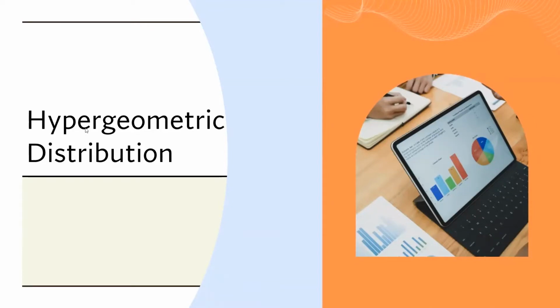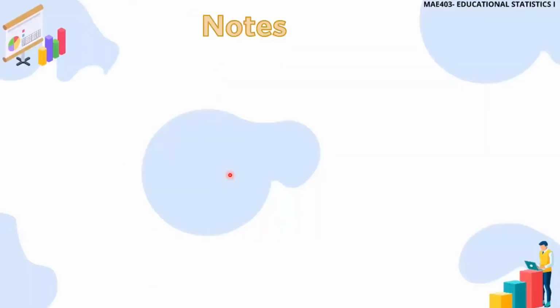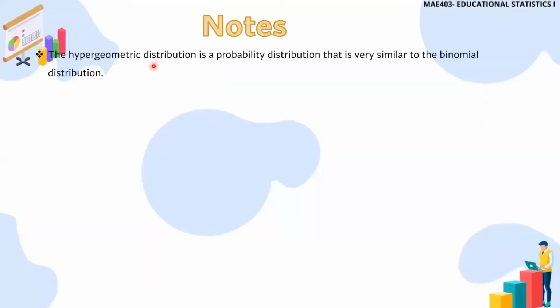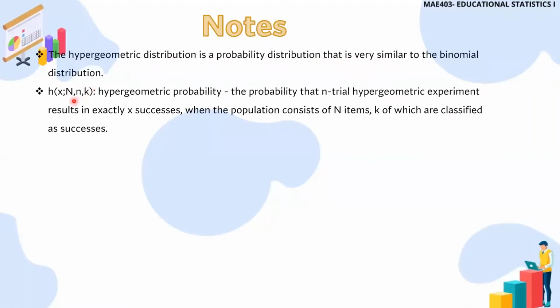In this video, we will learn about the hypergeometric distribution. The hypergeometric distribution is a probability distribution that is very similar to the binomial distribution. However, the probability that a hypergeometric experiment results in exactly x successes when the population consists of N items,